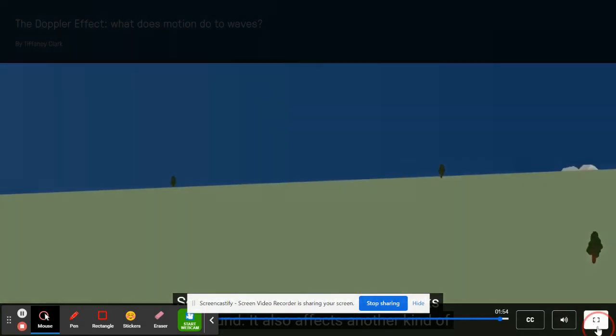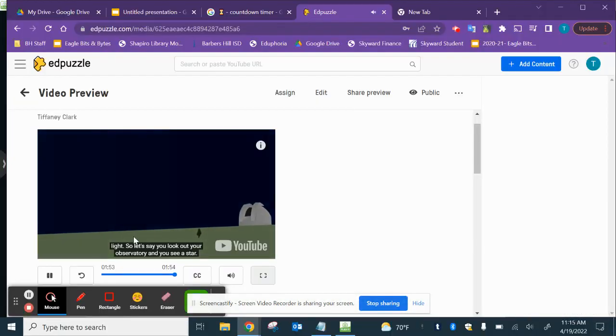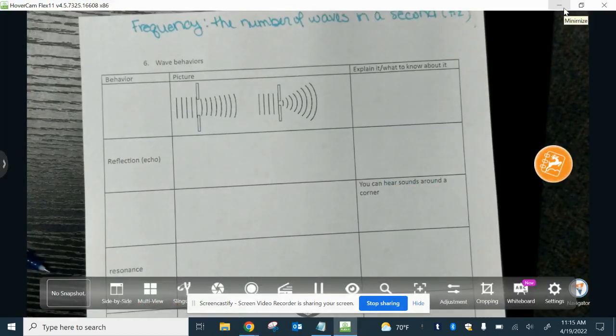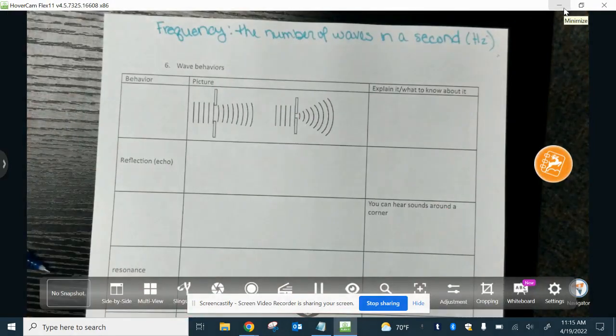It also affects another kind of wave, light. We're going to do a light one later when we cover light next unit, so we don't need that. But that's what you should have seen,